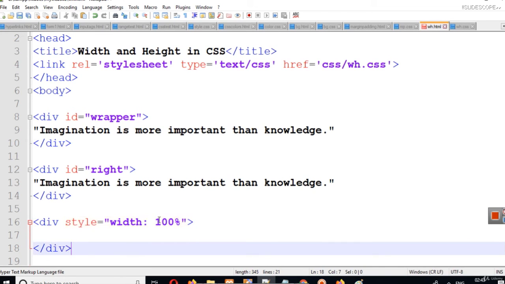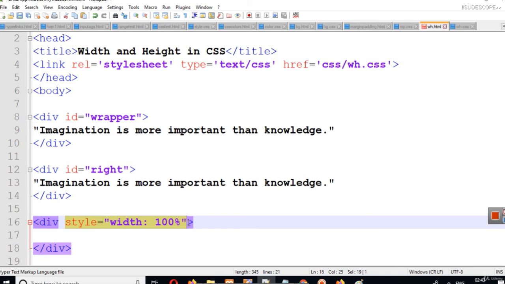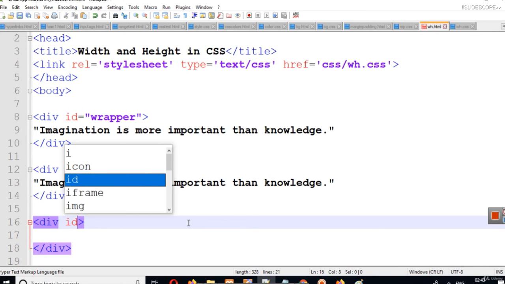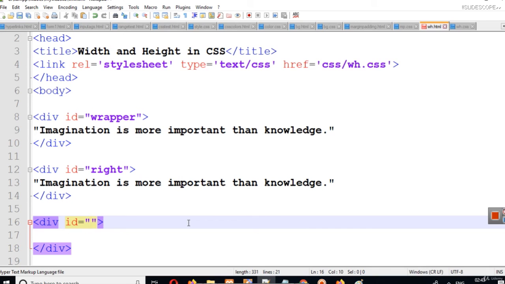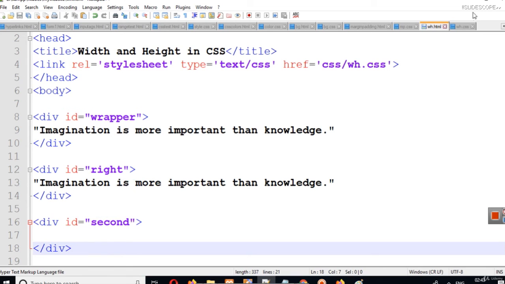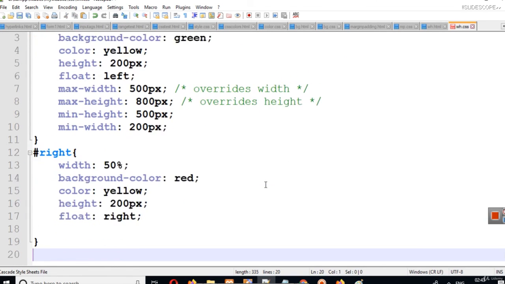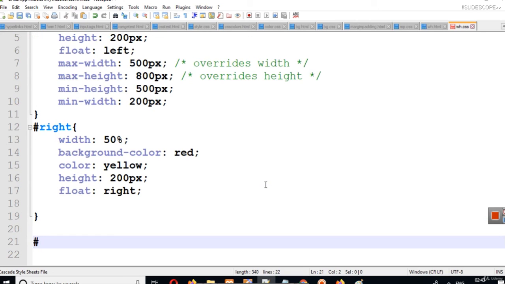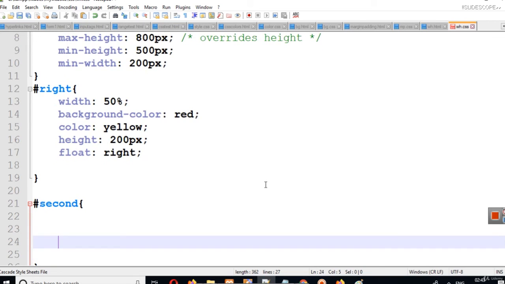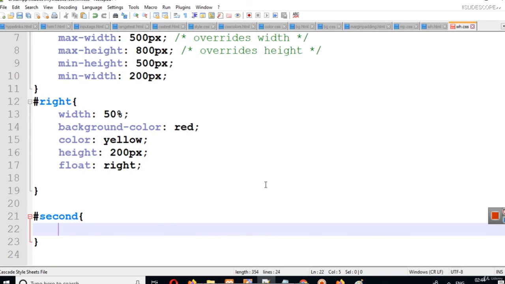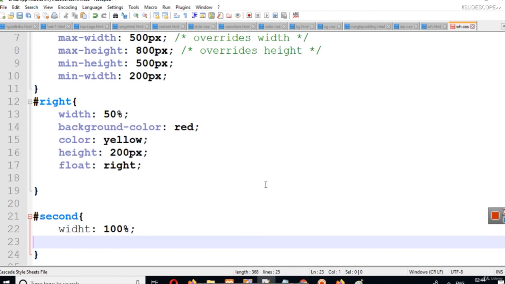So let's say its section ID is, I will call it div id is equal to, let's say, second, and now I will define it. Because I have given it an id of second, I will write it with a hashtag here, and I will give it a width of 100%. I will set the background color of this div as yellow,